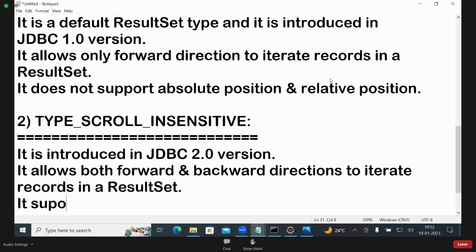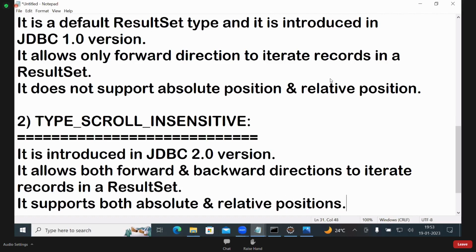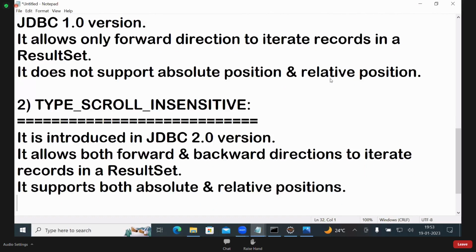It supports both absolute and relative positions. It will not show changes made by others